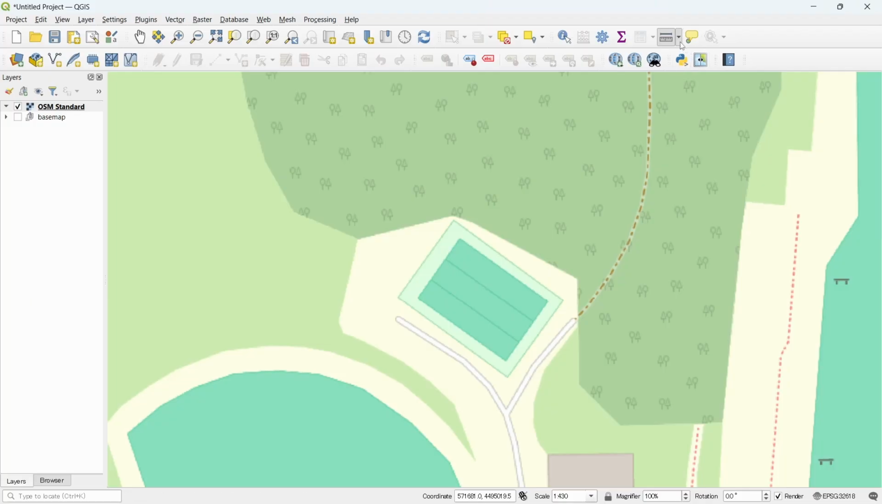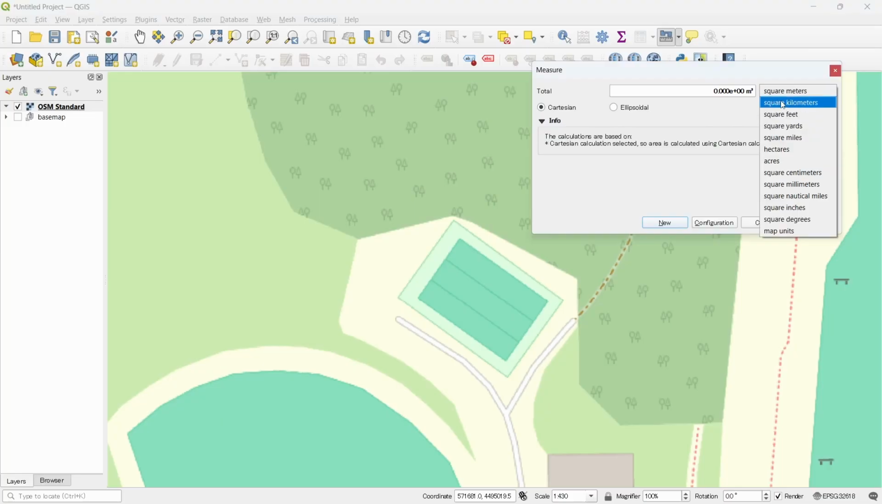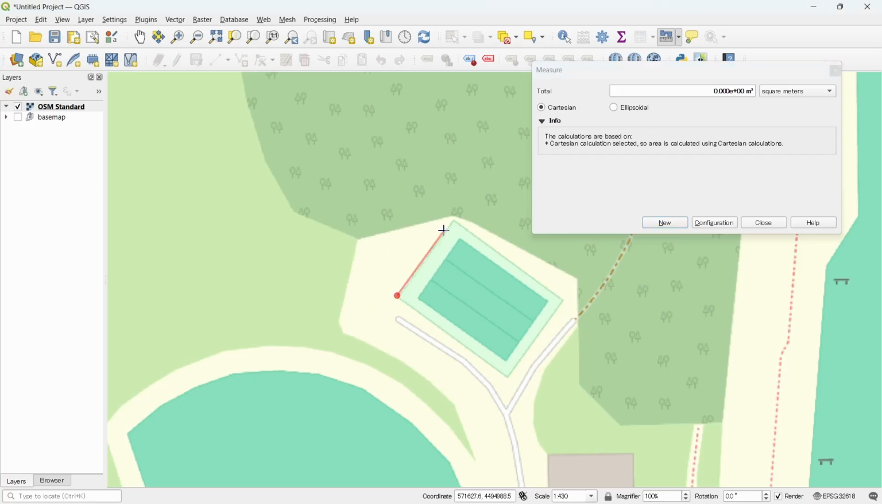Now let's see how to calculate the area using the measure tool. For that we need to click on this bottom arrow button and the second option is measure area. Click on that, and here you can select the units for area. Usually we use square meter or square kilometer. Let's go for square meters, and click on the point where you want to start to calculate the area for,